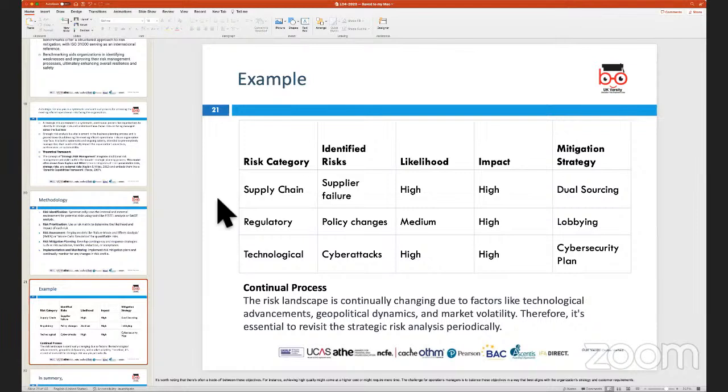For example, a technological factor could be a cyber attack, a regulatory factor could be policy changes from the government, and a supply chain factor could be a supplier not able to meet its commitment to provide goods on time. And they are important for the company, because they could delay the manufacturing of the product within the company, thereby decreasing the product in the market and allowing competition to step